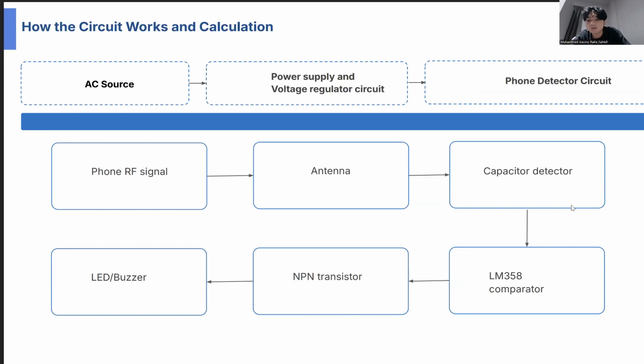Data collection and system overview. The slide explains the overall project setup. We use a large motor and sound level method to observe environmental condition. The system itself consists of several stages. First, the antenna receives the RF signal, then the capacitor filters the signal. After that, the LM358 acts as a comparator, and finally, the transistor activates the LED and buzzer.